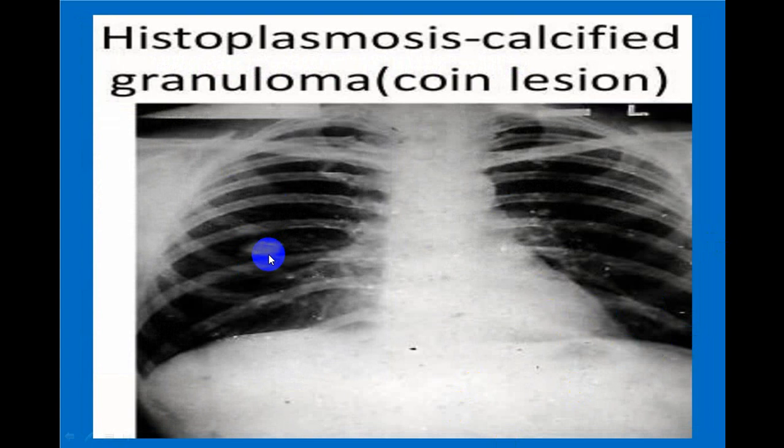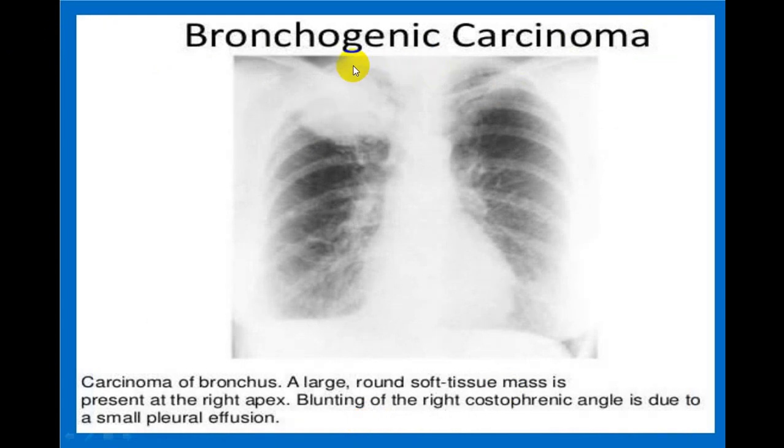Now this is a rare condition which is there in a lung. You get a coin shadow, or we call it a coin lesion, which is a little calcified, because of histoplasmosis, a calcified granuloma as a coin lesion. You can see a calcification here. That is called a coin lesion, very commonly in histoplasmosis, rare conditions. You can see a big shadow here, and there is a little gap between the paratracheal shadows and this. So this is a primary lung pathology, and this is bronchogenic carcinoma.